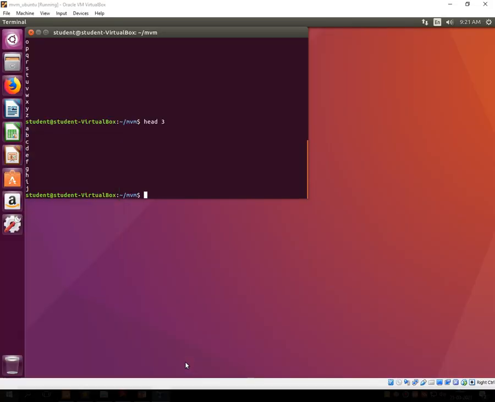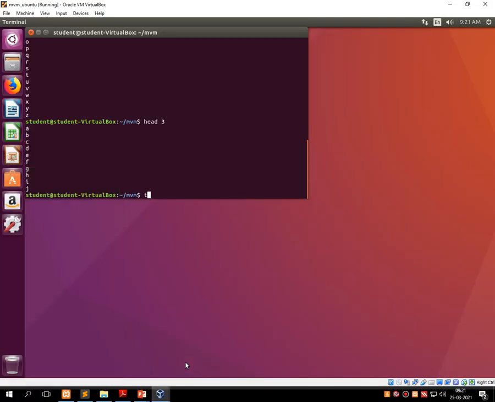Let's perform it onto the screen. Just write tail and the name of file and observe the output which we have. It displays the last 10 lines. So obviously it shows the difference between head and tail. Head is used to display the first 10 lines and tail is used to display the last 10 lines. And this difference you can observe onto the screen. Let's go ahead.